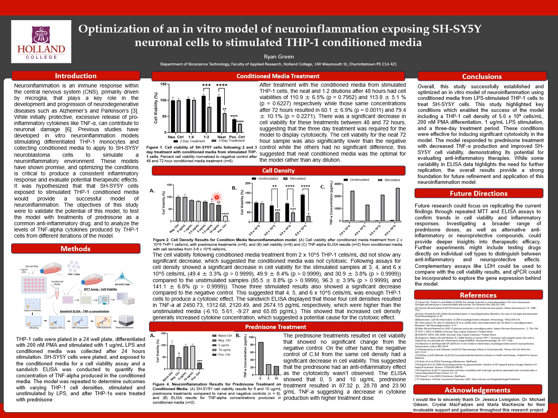For cell density, the 2 times 10^5 cells per mL THP-1 media did not show any cytotoxic effect, so higher cell densities were tested. At 4, 5, and 6 times 10^5 cells per mL, there was a significant decrease in cell viability compared to the negative control and compared to the unstimulated levels at those same densities. This was also reflected in the TNF-alpha concentration levels from the ELISA, which showed very high levels in those stimulated